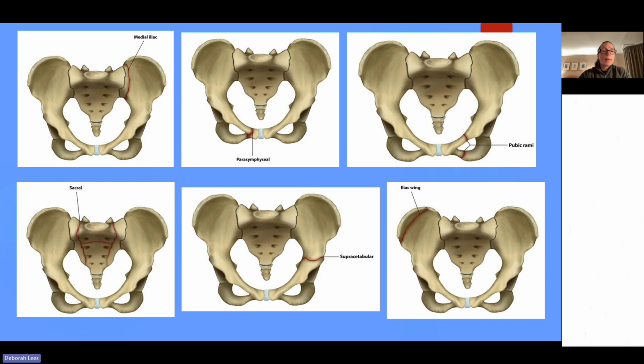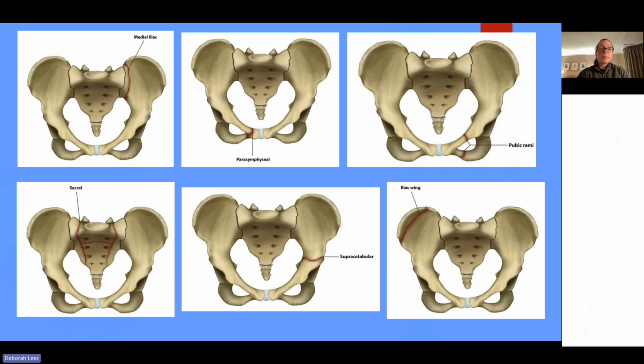With pelvic insufficiency fractures, we often get them in very specific areas. I've given you a summary of where we get them. Just adjacent to the sacroiliac joint, in different places in the pubic rami, so superior pubic rami, just adjacent to the symphysis. We get a more vertical one in the sacrum itself. We get one in the supra-acetabular area, and then on the iliac crest itself. These are the main areas; when you're looking at any kind of imaging, you check through these particular zones because these are very common zones